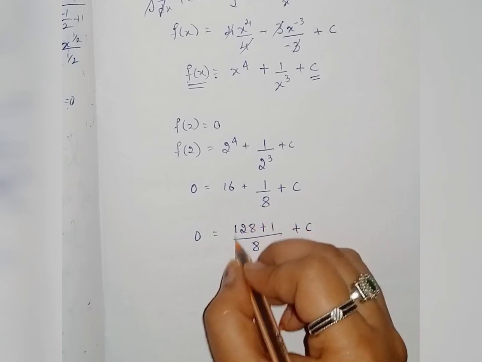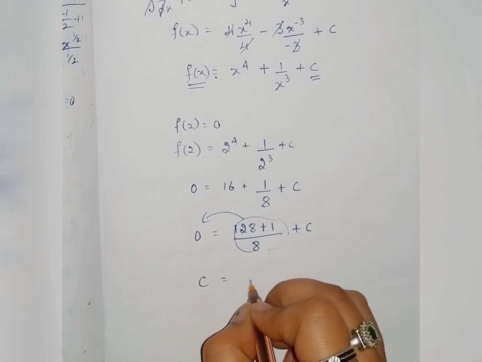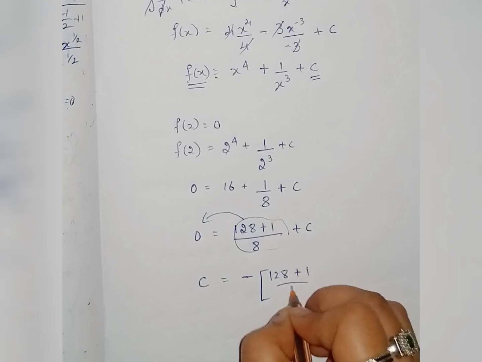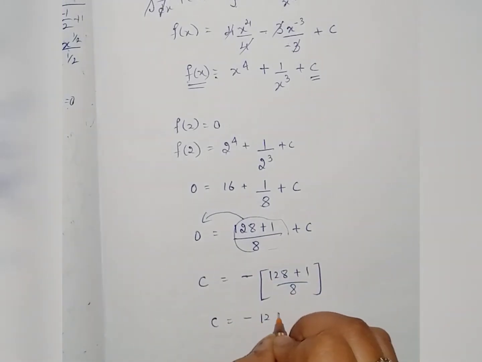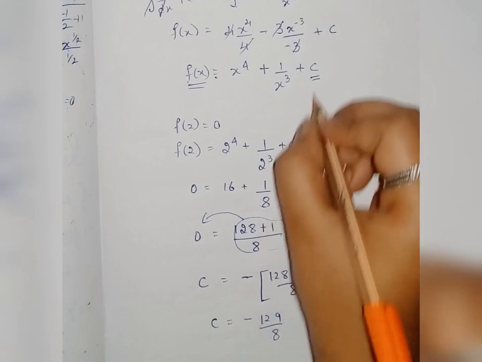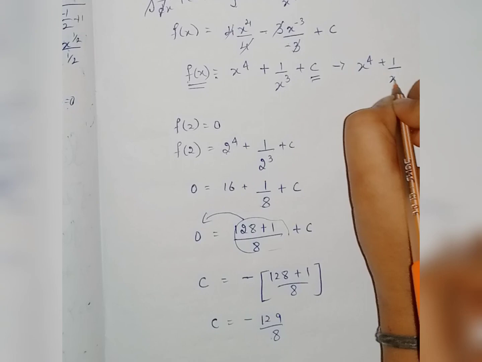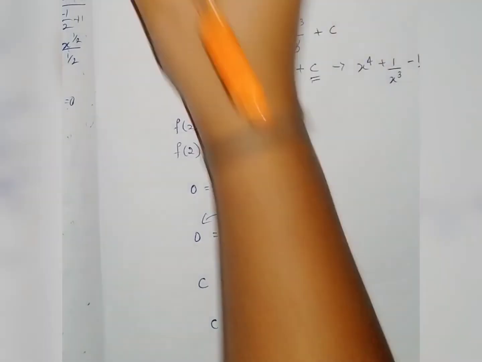If we take this whole term to the other side, c is equal to minus of 128 plus 1 by 8. So c is minus 129 by 8, and if we substitute c here, we get x to the power 4 plus 1 by x cube minus 129 by 8. So our option is